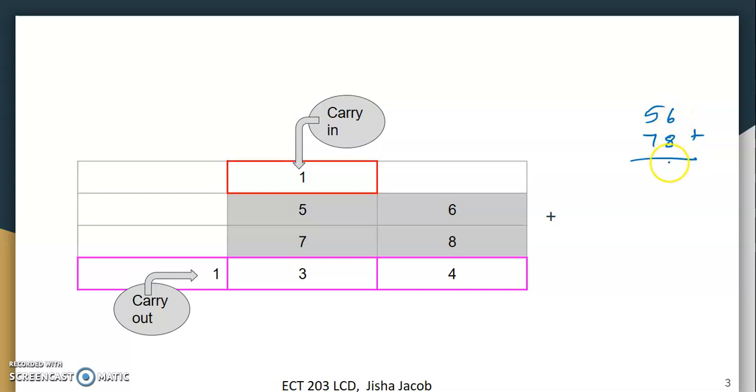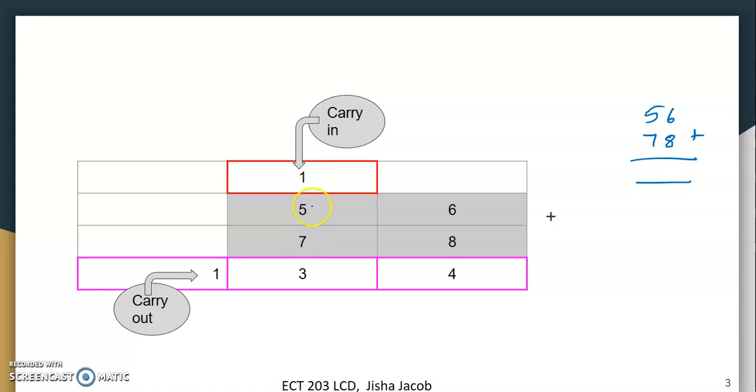Here 6 and 8 are in the ones place. You add 6 and 8, and then you have a carry going on to the tens place, and then you add the carry with 5 and 7. This is very basic. So let us try and see what happens. 6 plus 8 is 14. So I have 4 and a carry, and that carry goes to the next place. You see 1 here. The next step is you have to add the tens place.